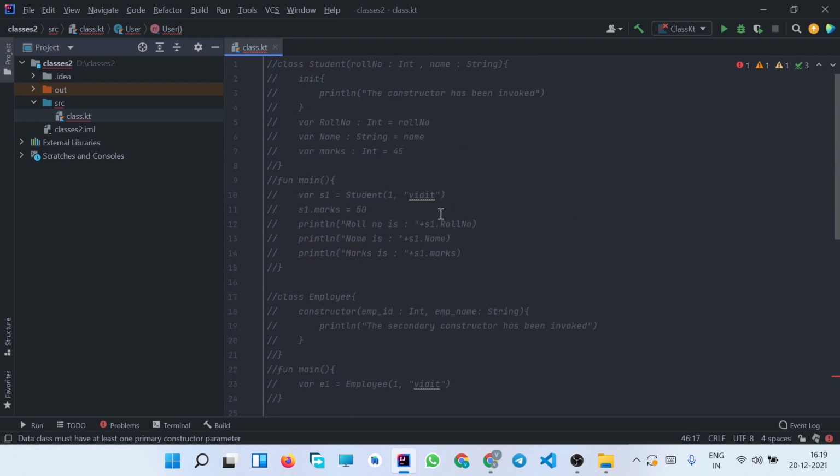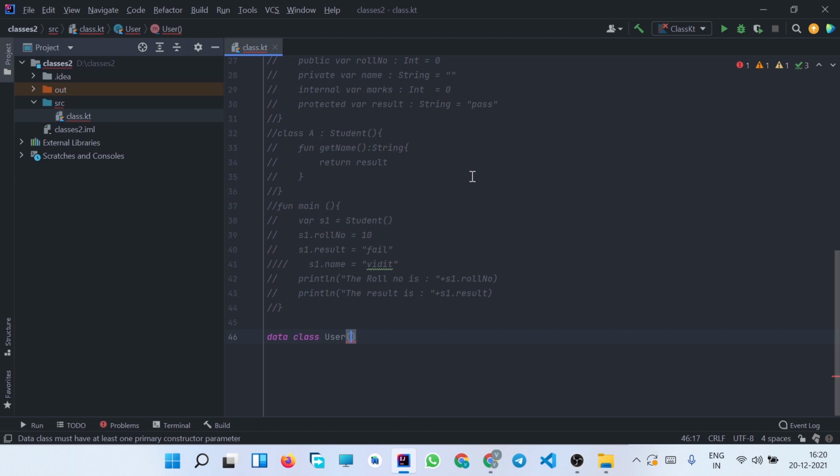So unlike what we did here, where we just write the name of the parameter followed by its data type, while using a data class we need to mark the parameter with the val or var keyword.